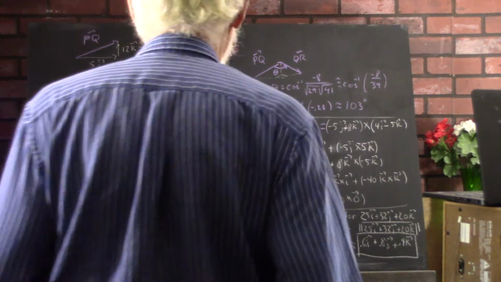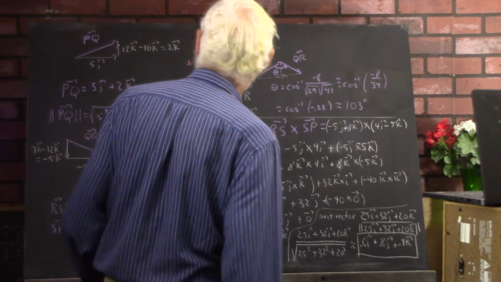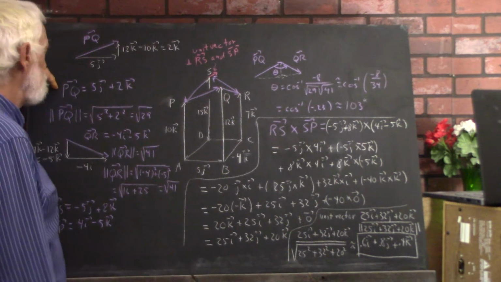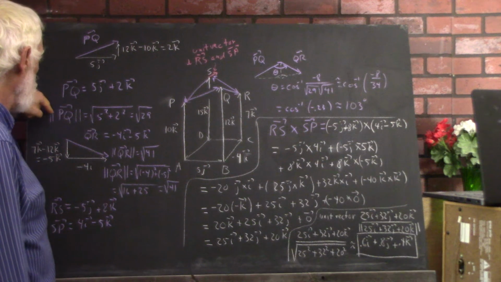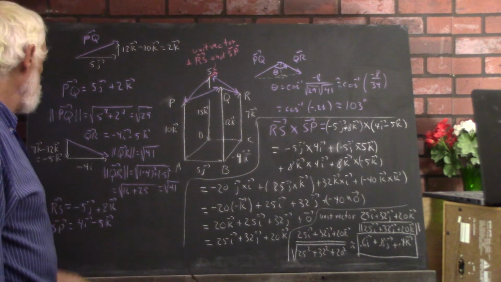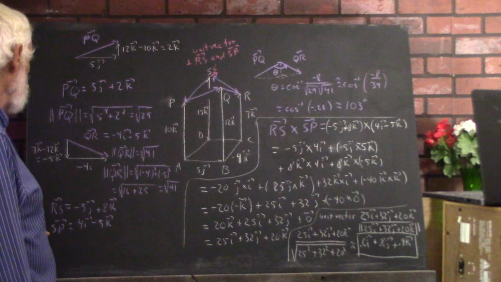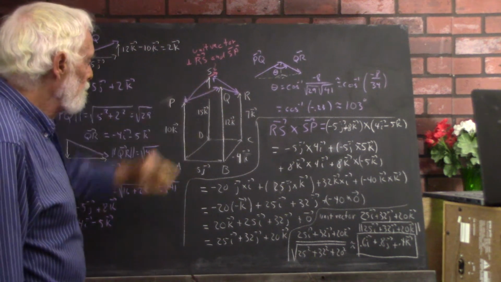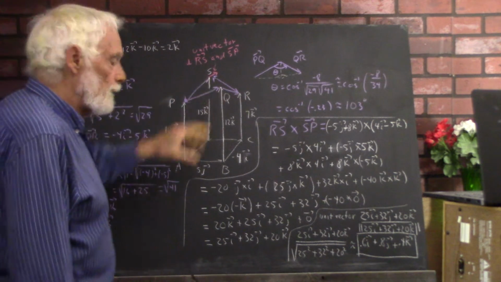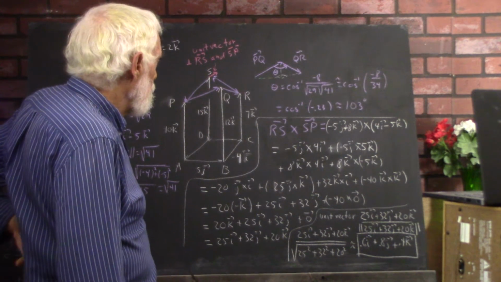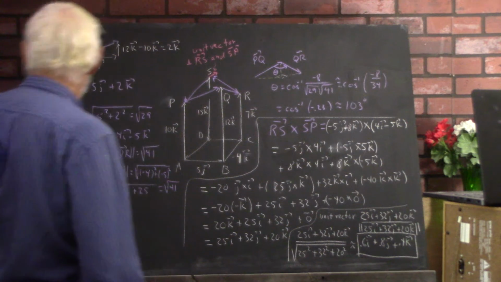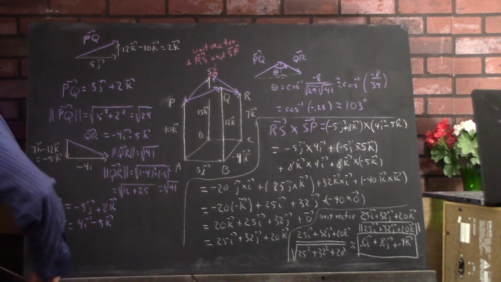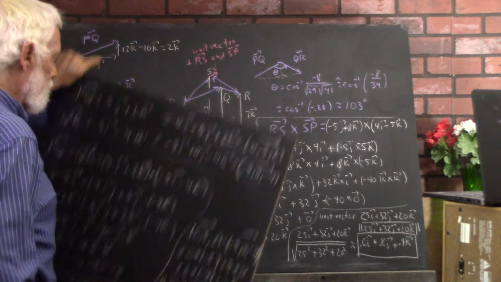And I'm actually going to just do a short video. Yeah, we've calculated PQ, magnitude of PQ, QR, magnitude of QR, and then we calculated RS and SP with the aid of a couple of pictures just to clarify what these things mean on the basic shape. Then we did the dot product of PQ with QR,